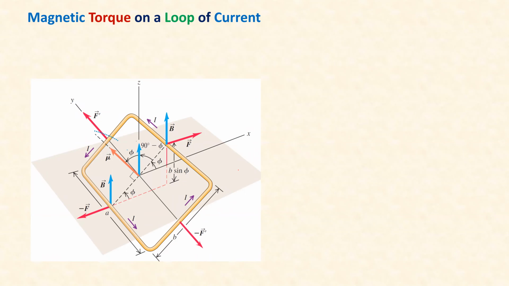Means that if this is a horizontal plane, the magnetic field is perpendicular to that. See, this is the XY plane that is shown here, and the magnetic field is in the Z direction. And this is a loop of wire that has current I. You see here, current I is going around like that